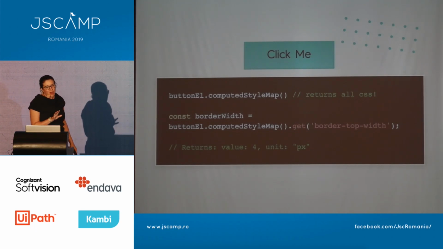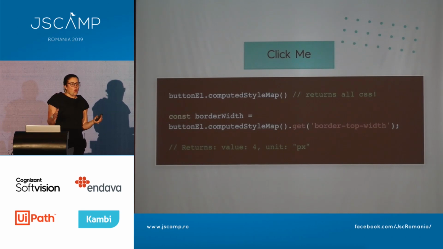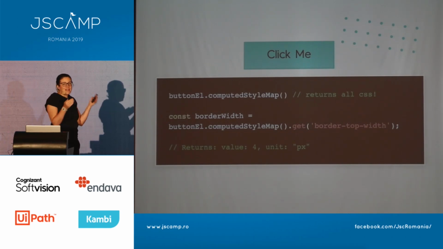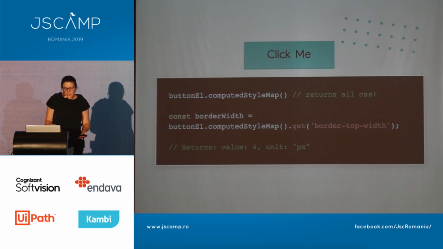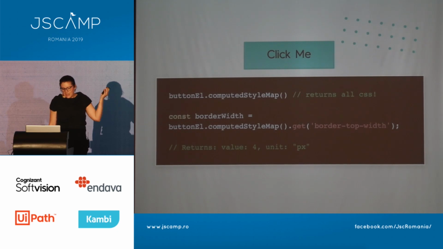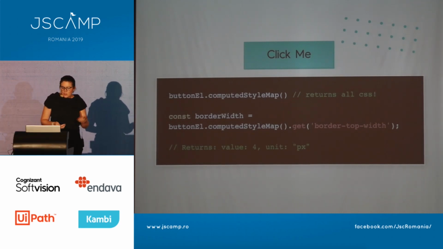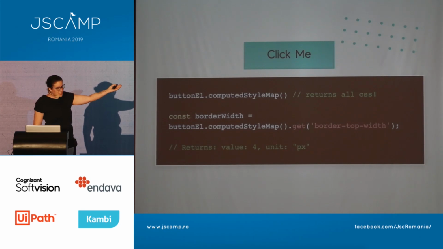So the idea behind it is that every single value type that we have in CSS will come back as an object with that information. So in this case, we're actually returning a unit value type. And we use this computed style map method. Now, this gets us back all the CSS which is affecting our element. So I want to use the get method on this and pass in